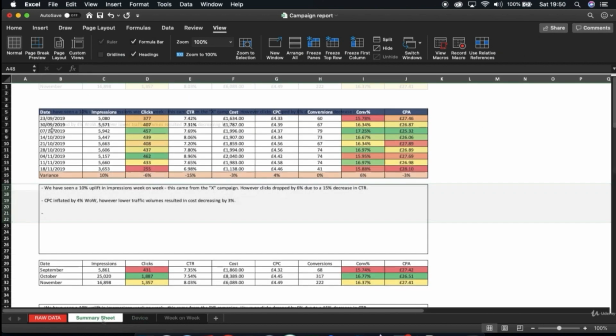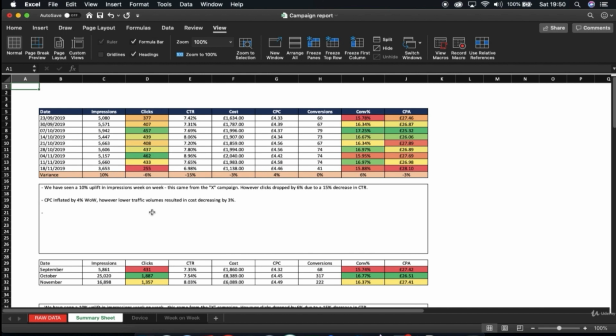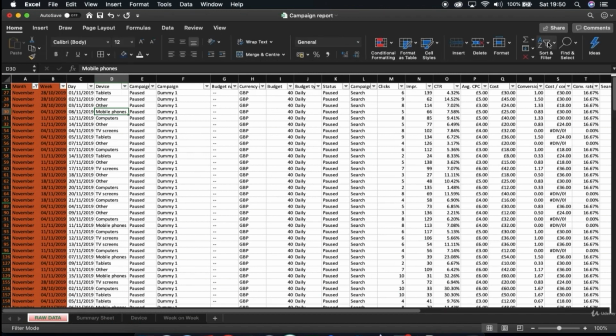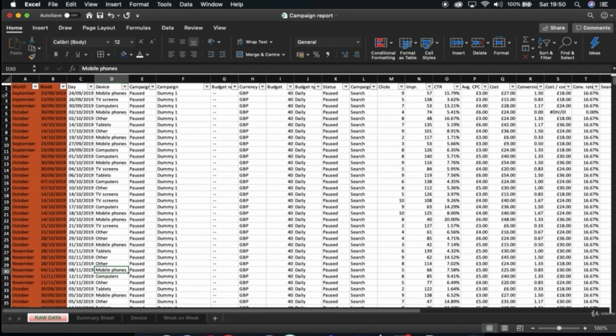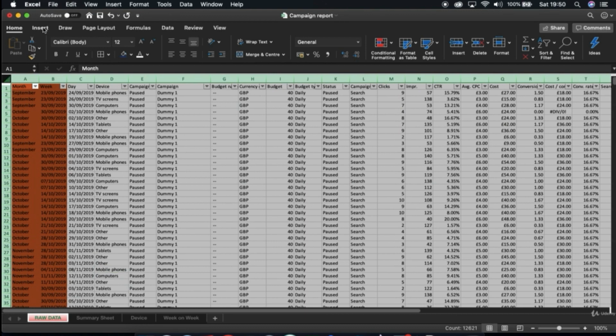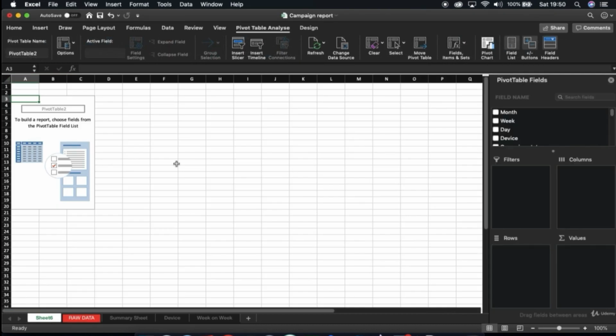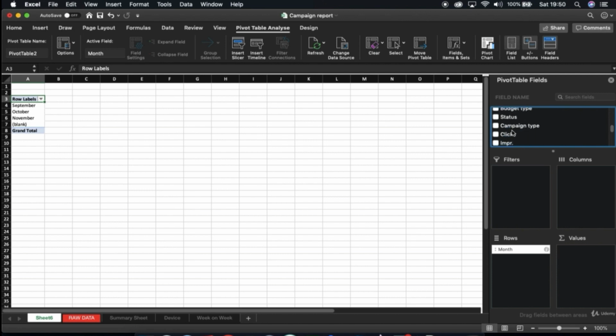And there's also a quicker way to manipulate your data onto a spreadsheet as well, through the use of pivot tables. So if you're not interested in doing SUMIF formulas, you can actually use a pivot table for quickness. And that's simply just going to be on your raw data sheet. Make sure you haven't got any filters on. You can just select the top left hand corner, insert, and pop in a pivot table. Click OK. It'll create a new sheet for you, and you can literally just drag in whatever you want to see